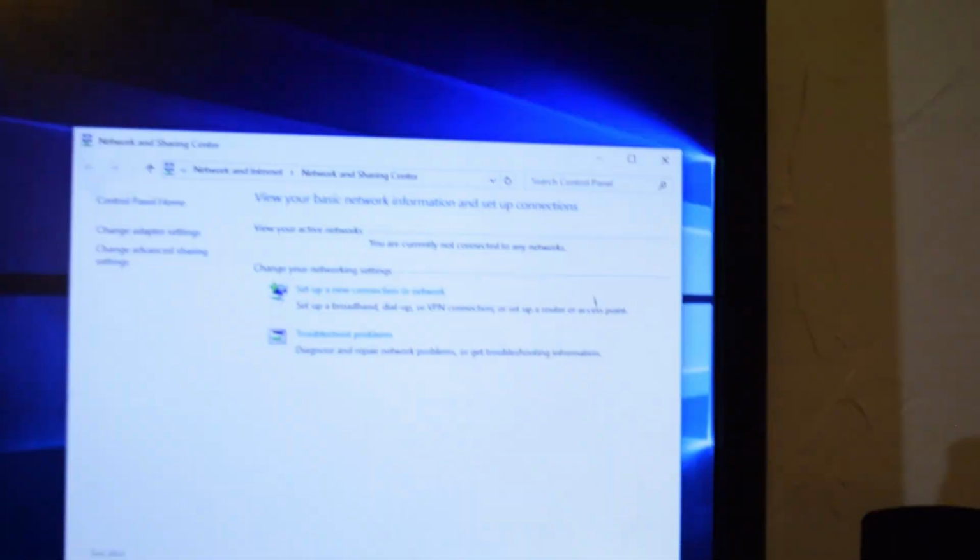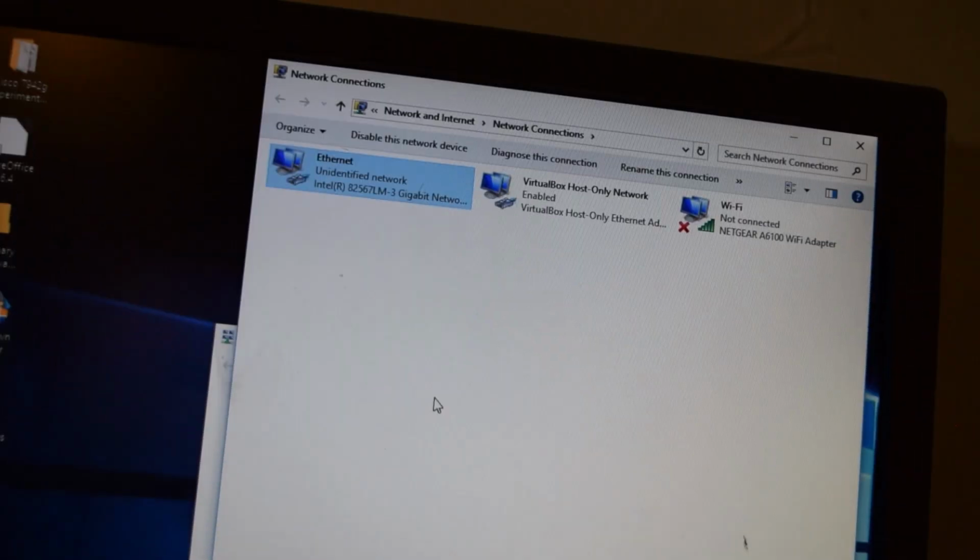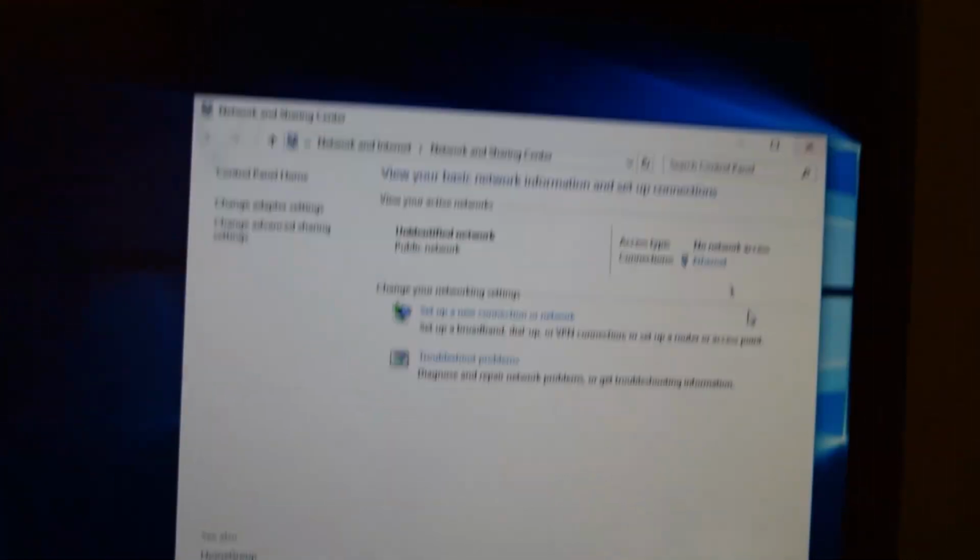We need to open Network and Sharing Center, and, well, mine's disabled. I need to re-enable it. Just double click it. Alright, so it's enabled. Now we need to go to Ethernet right here. Click Properties,